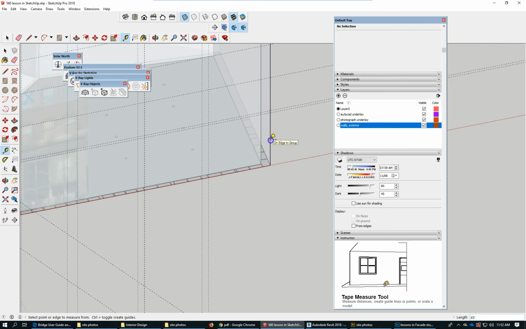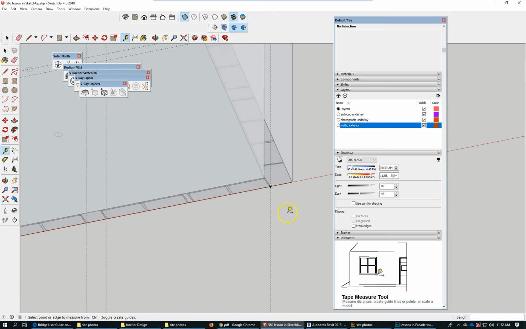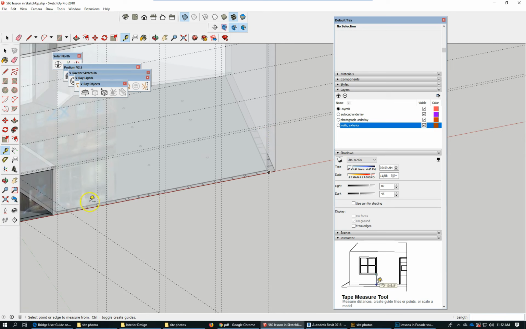The last of which would be from this end to the beginning of the window system. So let's see what that results in. From here to there, we got 16, almost 17 feet. From here to there, we got 18 feet. From here to there, 18.8. From here to there, 14.3. I don't think